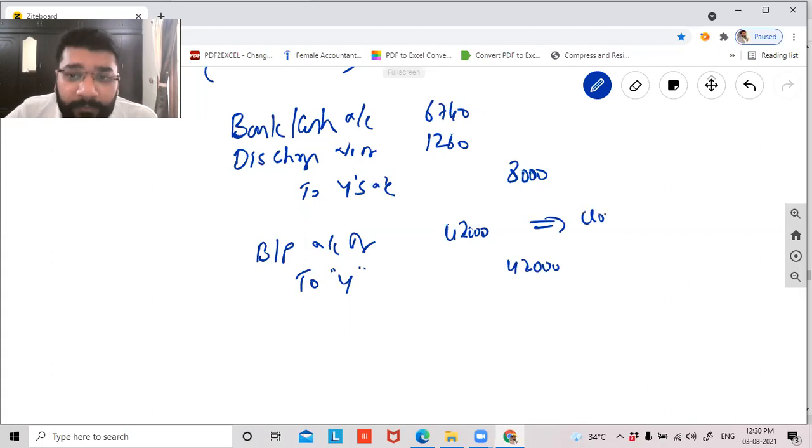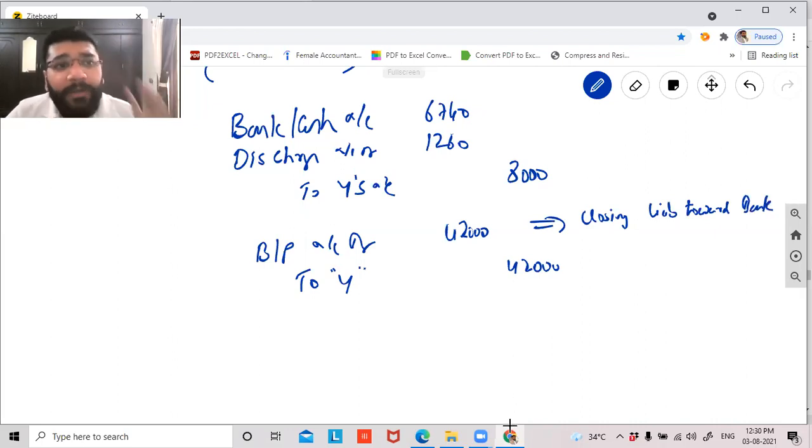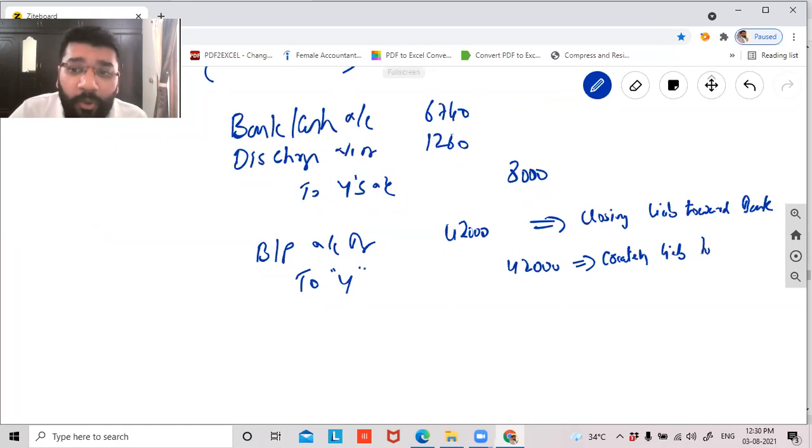We are closing the liability towards the bank because on the due date, X is never going to pay the banker. Because on the due date, if X is not paying the money, the banker will recover it from Y. So Axis Bank is receiving its money. Who's the person who's suffering at the end? Y is suffering. So X has to technically pay the money to Y now. Now we are creating a liability towards whom? Towards Y. X is creating a liability towards Y. Yes or no?